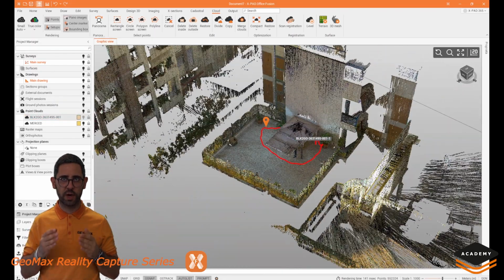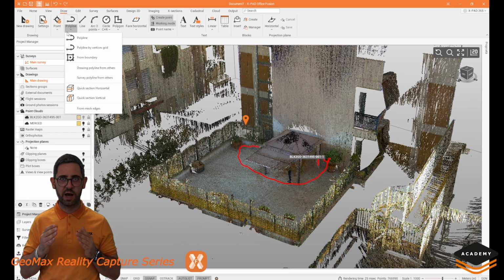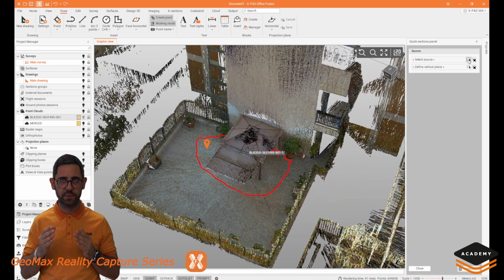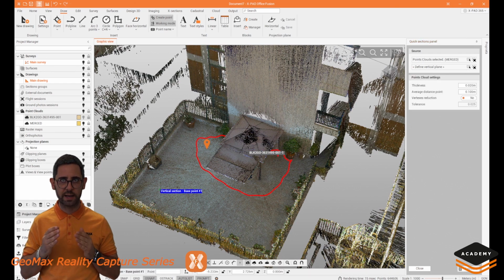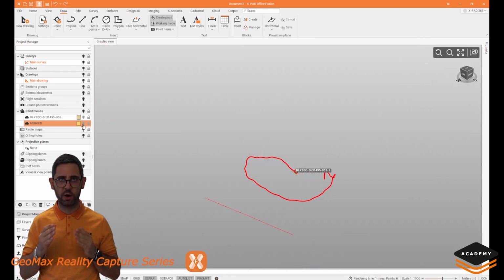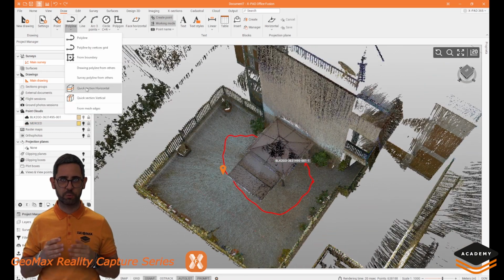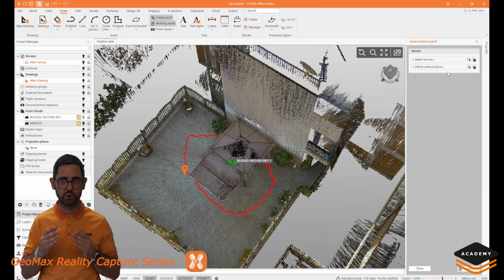All imported or created files will be visible and manageable through the Project Manager at the top left side of the screen. This allows you to directly have all the operations under control, with the possibility of viewing or hiding individual data. For other dedicated videos on point clouds, remember that